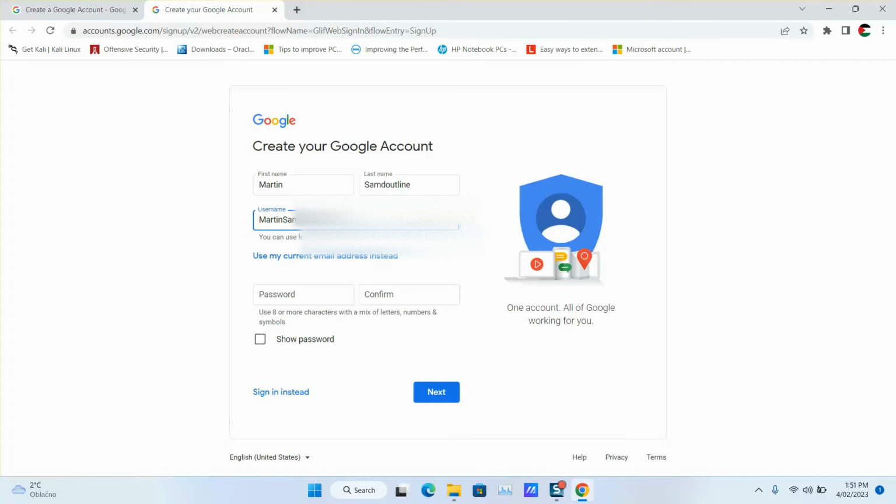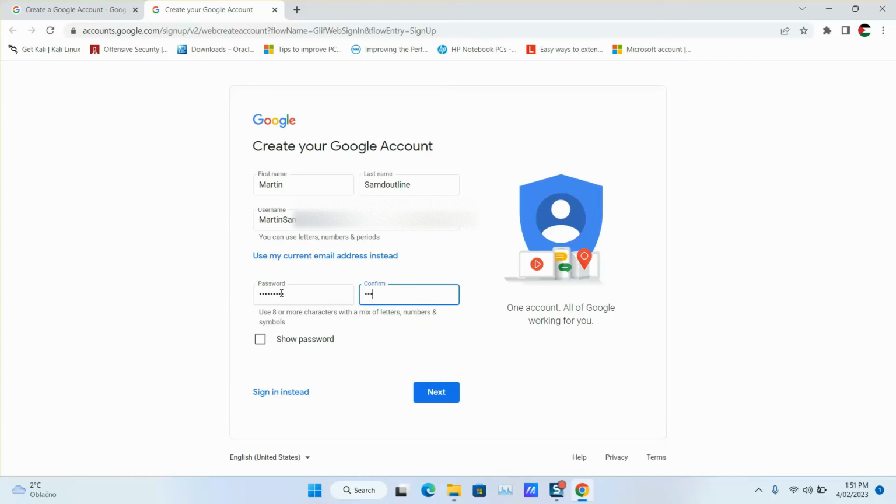You can choose whatever address you want, and if it's available, it will tell you that this email is available. If not, it will ask you to change it. Password, you need to create or use 8 or more characters. And my best advice for you in this case is that you use a password with uppercase, lowercase, numbers, symbols, and use something which cannot be easily guessed by people. So for example, in this case,